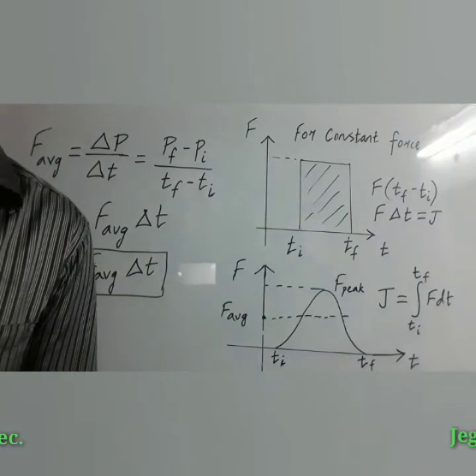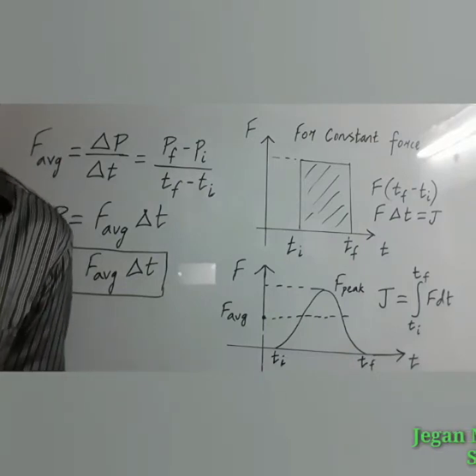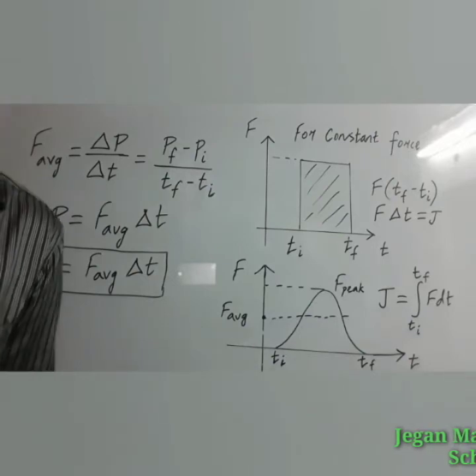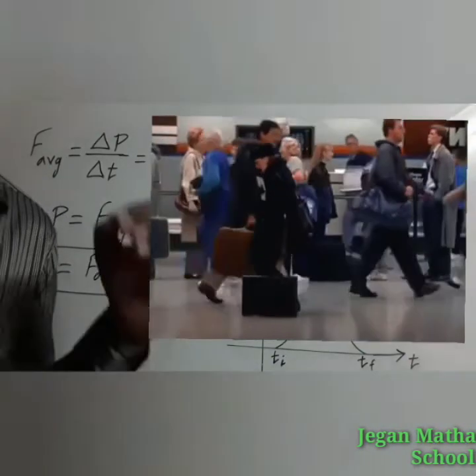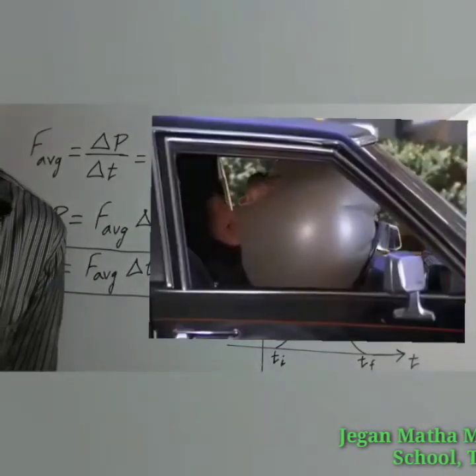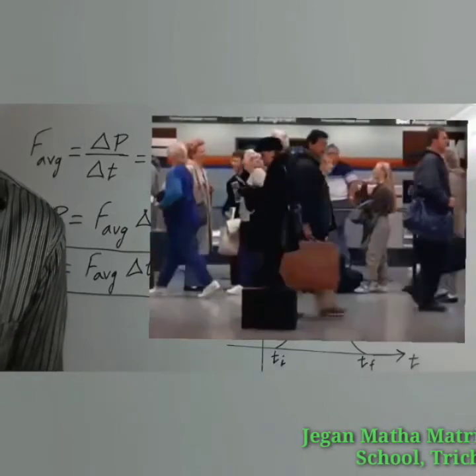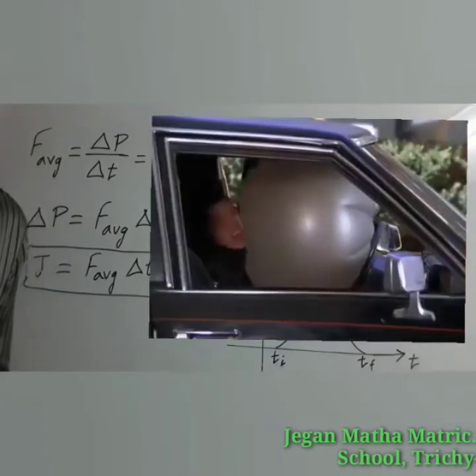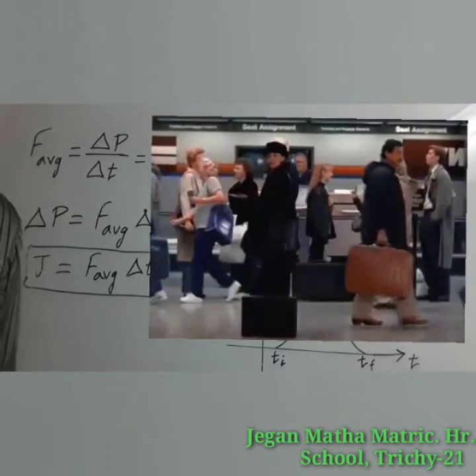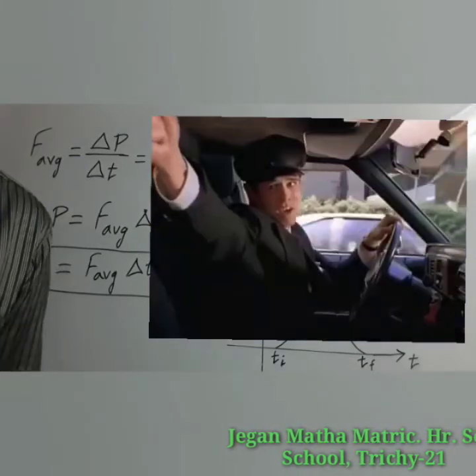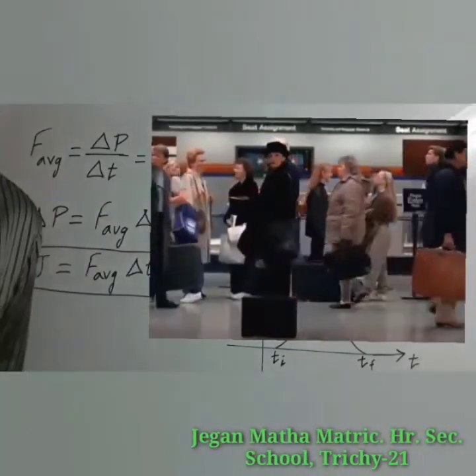When a car meets with an accident, its momentum reduces in a very short time. This is very dangerous for the passengers inside the car, since they will experience a very large force. To prevent this fatal shock, cars are designed with airbags in such a way that when the car meets with an accident, the momentum of the passengers will reduce slowly, so that the average force acting on them will be smaller.